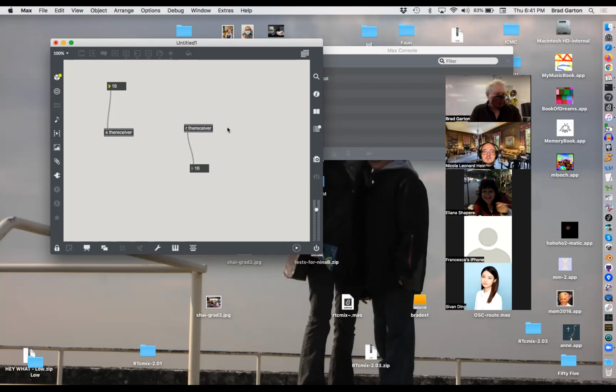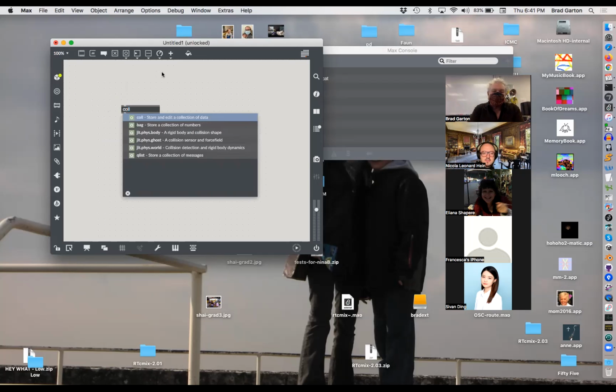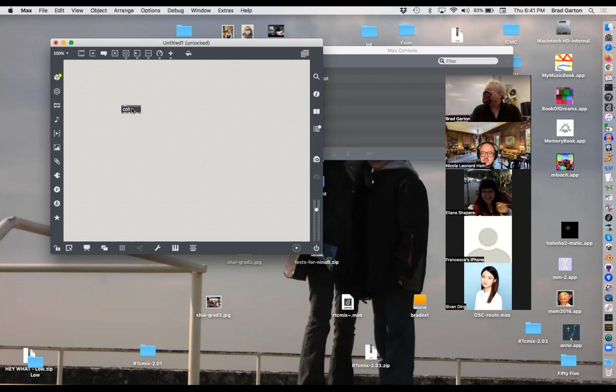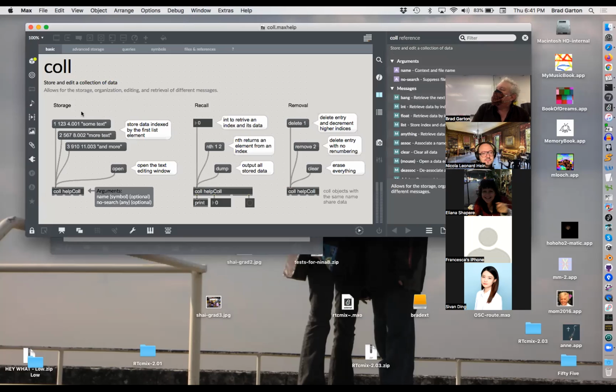I just want to show you two more, and then one you haven't seen yet that's highly related to one you've been using a lot. These are a bit more complicated. There's one that's really useful called coll, okay? It stands for collection. Basically, you can give it information, like notice this is 1, 2, and 3, and then there's stuff following it. Let me click on these, 2 and 3. Now, if I double click this or hit open,